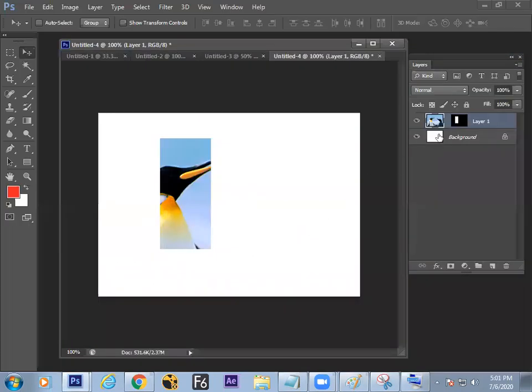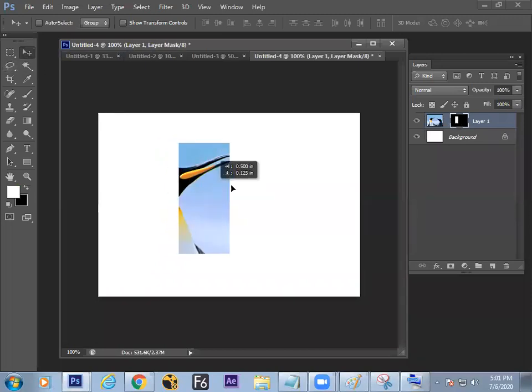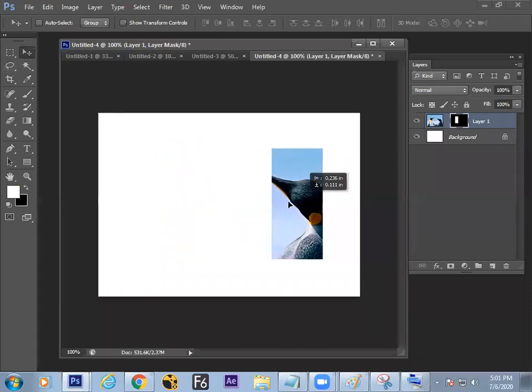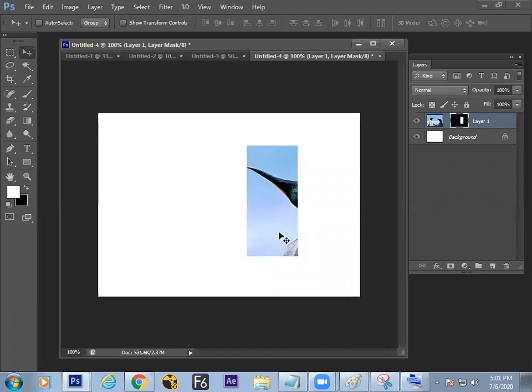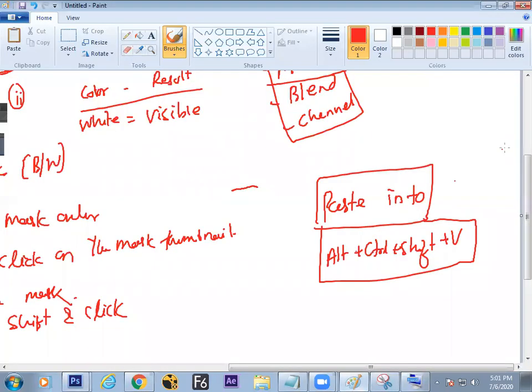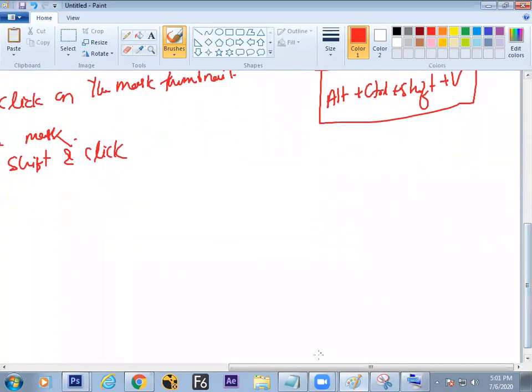And it generates a mask thumbnail beside the image, so that the mask can be moved separately. Whatever part of the person you want to show, you can show. It is done. So let us write the summary on the screen.